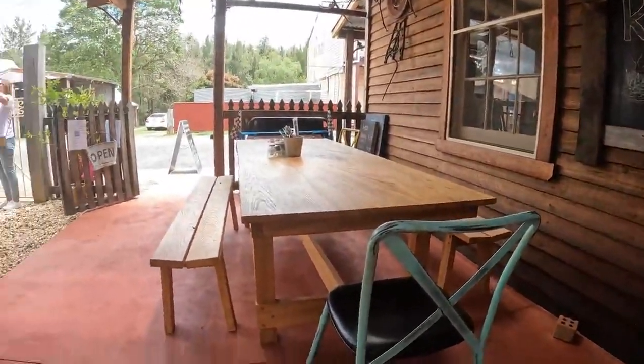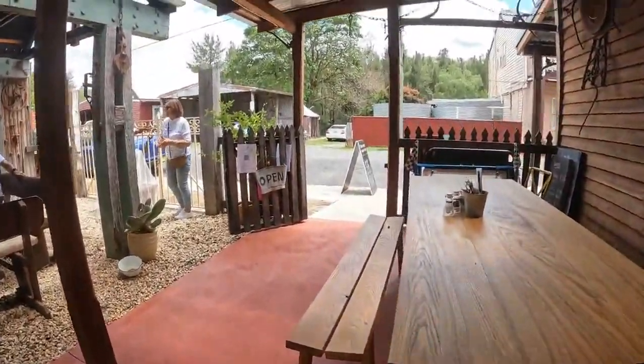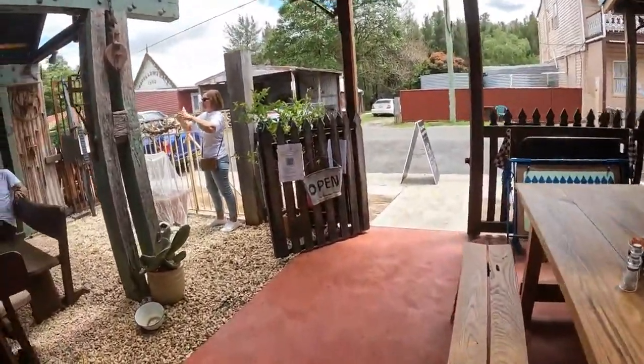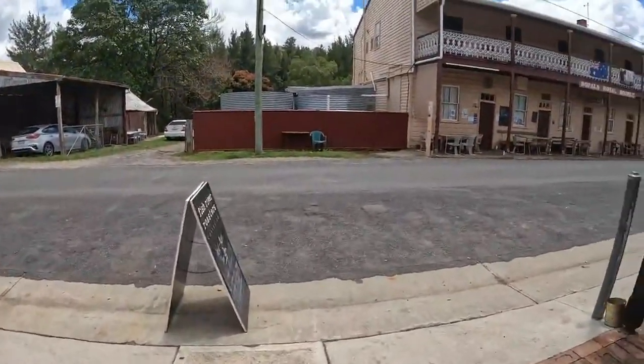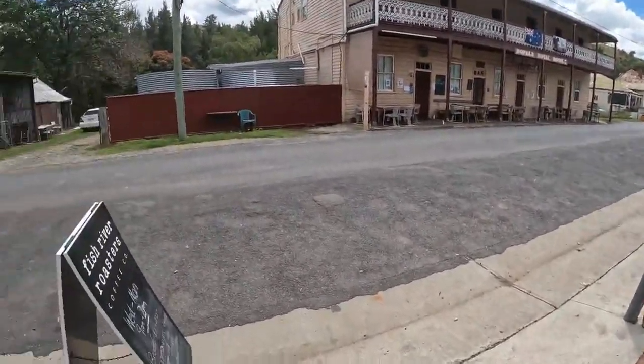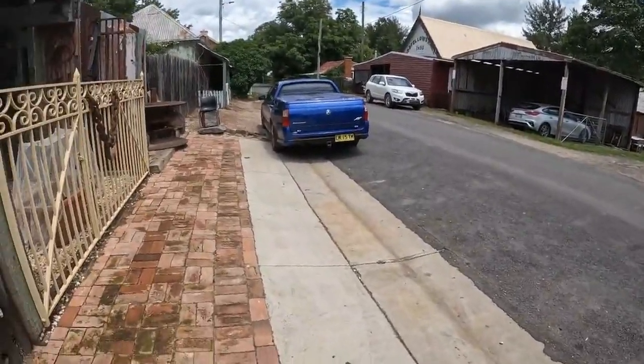Here's my driver picking me up in Sofala. Let's have a look. See, look. This is Sofala. Michael picked me up. Sofala pub. And that was a 2.5 hour